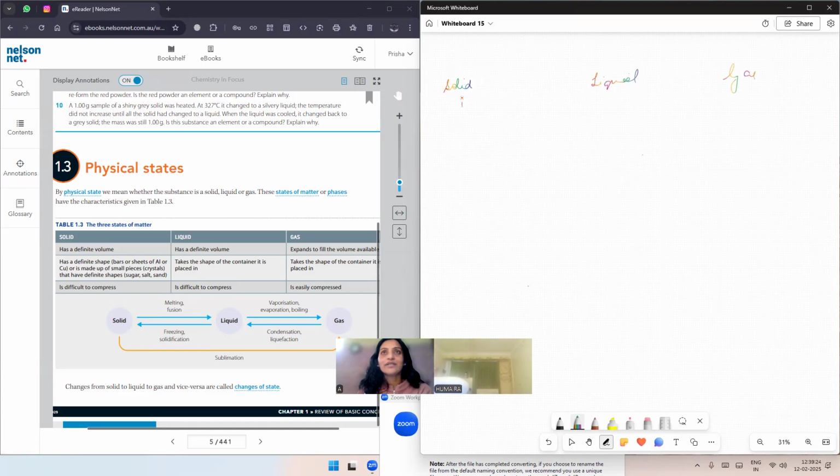In the case of solid, it will be called ice, right? And when I'm talking about liquid, it is simply the liquid form of water. And gas, we are going to talk about water vapors, or we can say steam. Now, just imagine ice in your mind and talk about its shape.